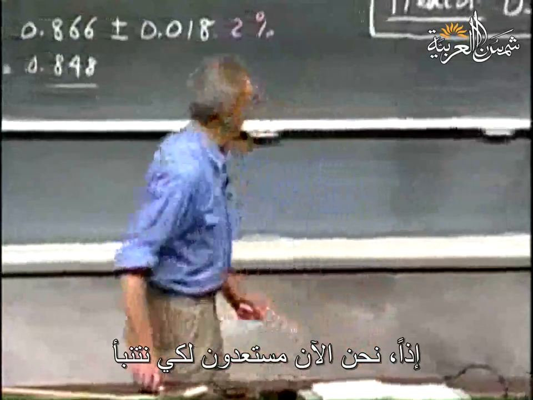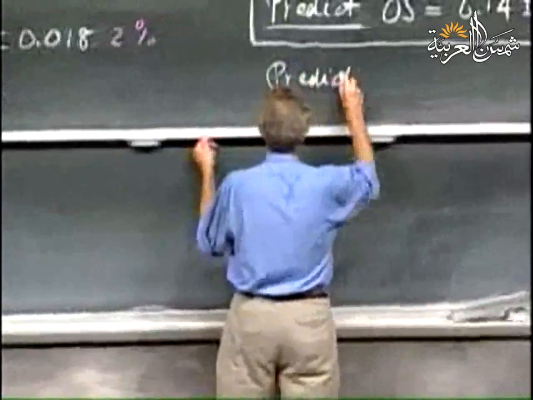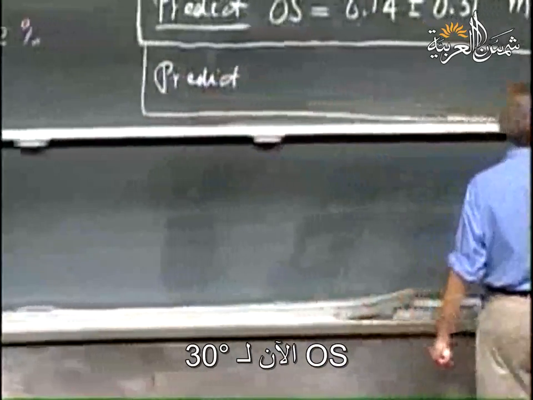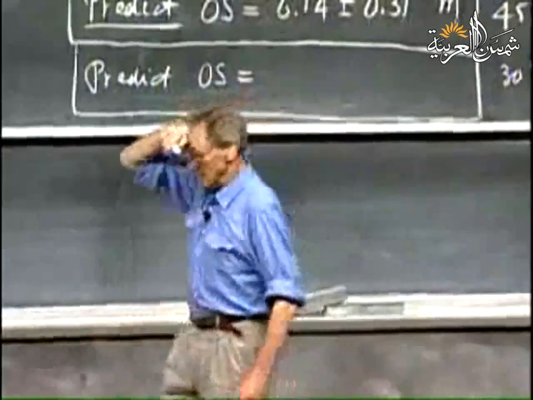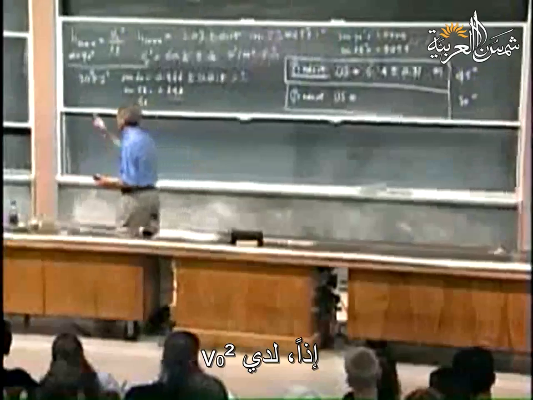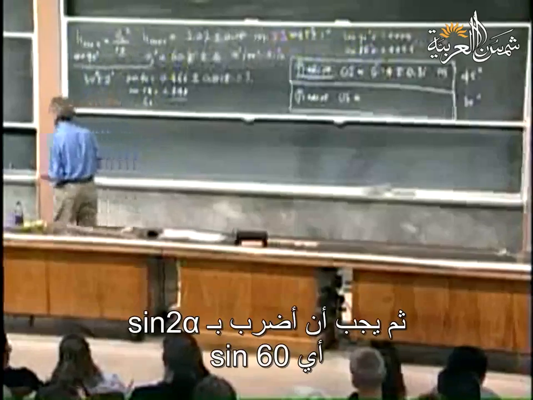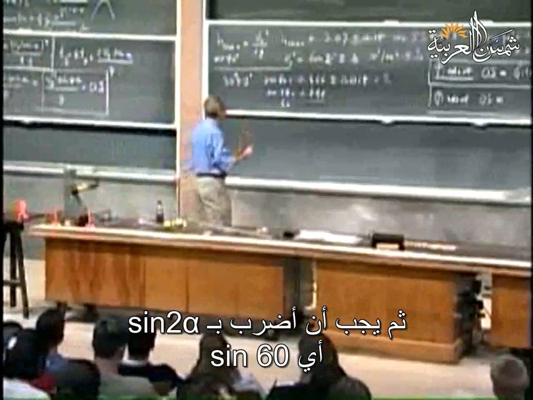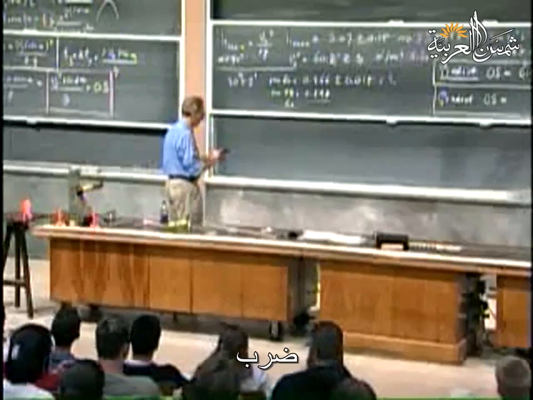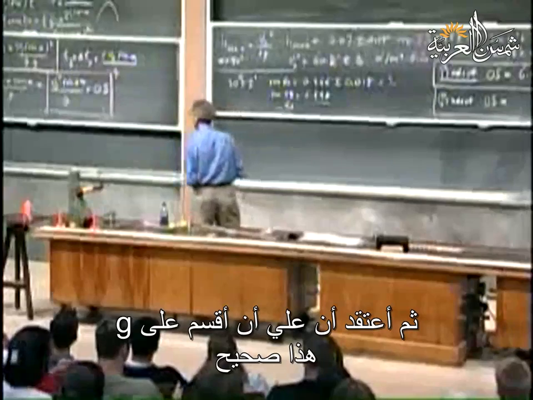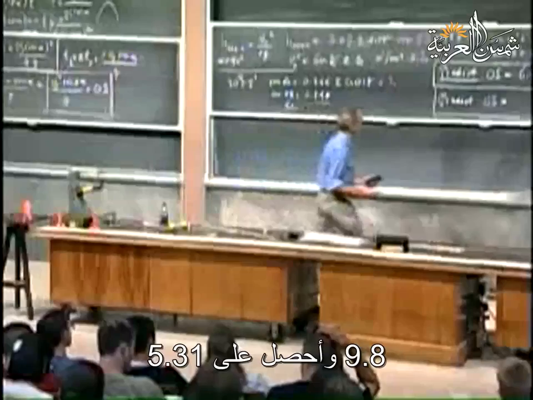So now we're ready to make a prediction. So here comes the prediction. OS, now for 30 degrees. So I have to go through V0 squared, I have that, 60.2. And then I have to multiply by the sine of 2 alpha. That is the sine of 60. Multiply. And then I think I have to divide by G, that is right, 9.8. And I find 5.31